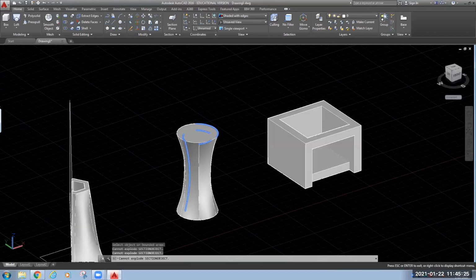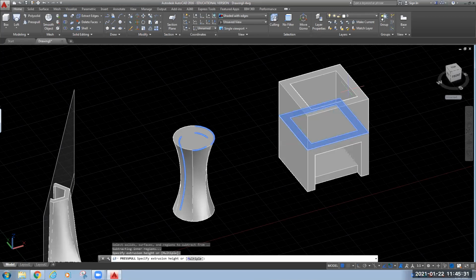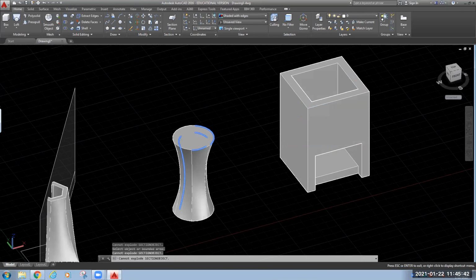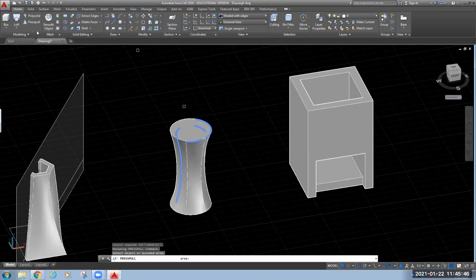Suppose I want to extend this surface. So see, you can extend its height. I hope it is visible to all of you. You can extend or you can reduce its height. Both you can do. So this I have extended its height. Or you can reduce its height also.